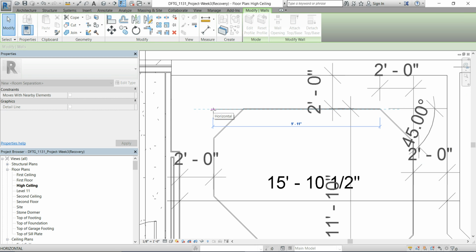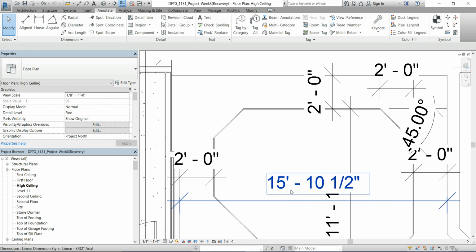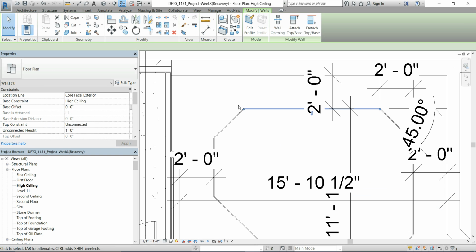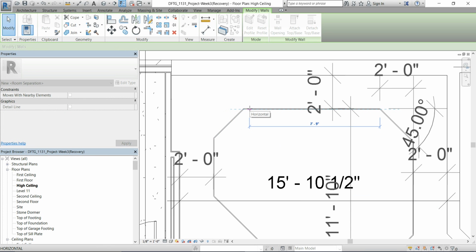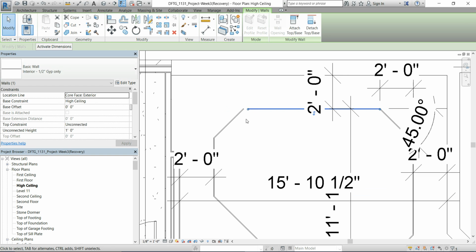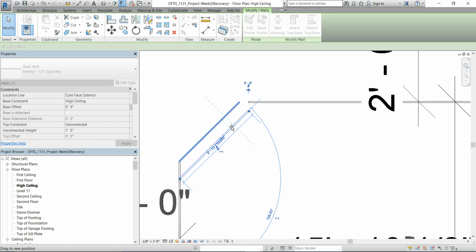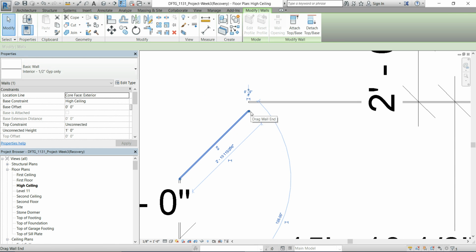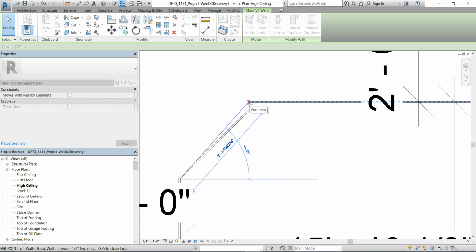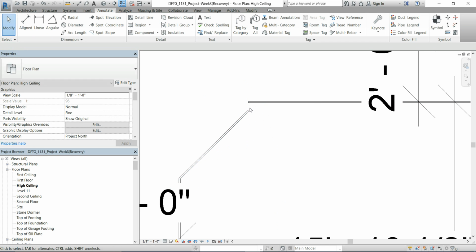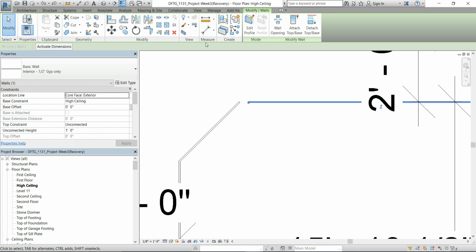Well, maybe my math is wrong. 15 minus 4 is 11. 11 minus another 4, yeah, okay, 7. And if I pin that one,